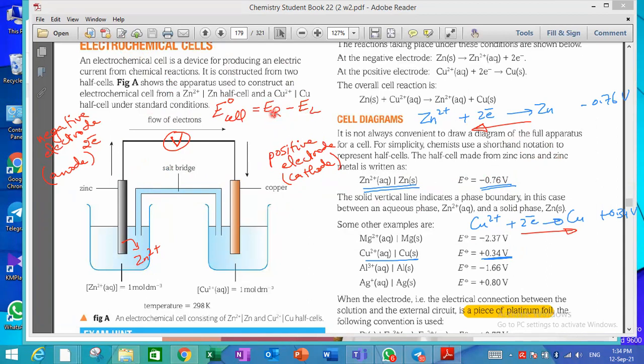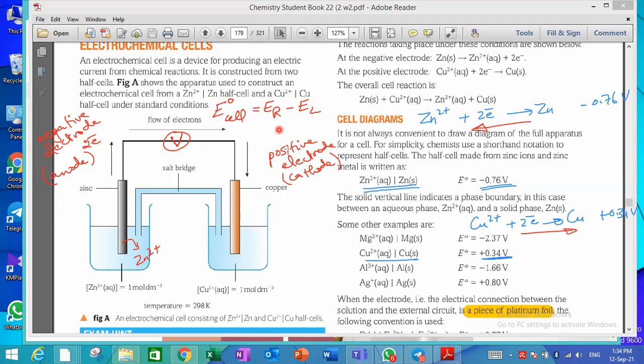The E right is the electrode, which we call the positive electrode or the cathode. This is the E right. The positive electrode that accepts electrons, that has the more positive value, will be this E right. This is the E naught cell, the standard cell potential, which is equal to the standard electrode potential of the